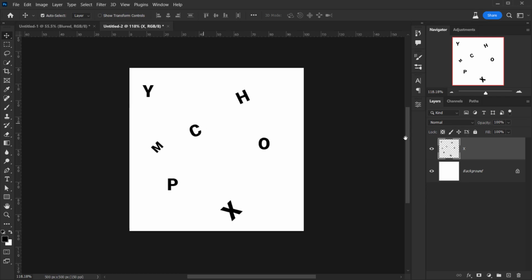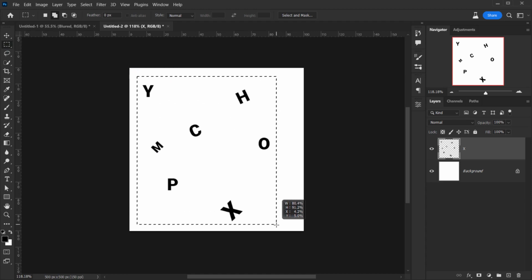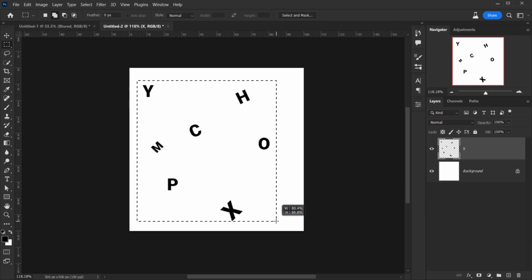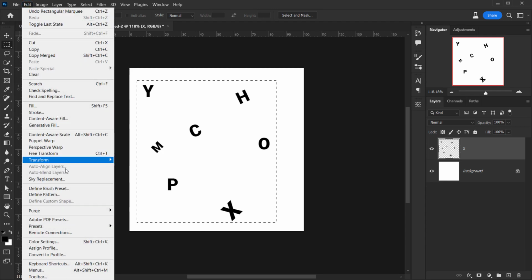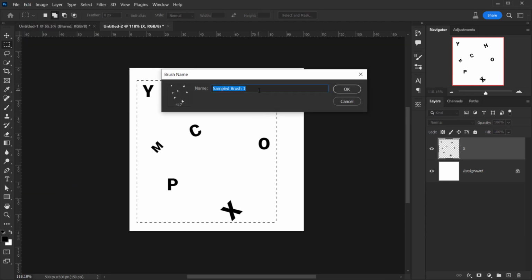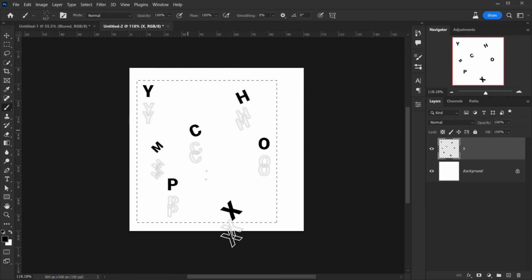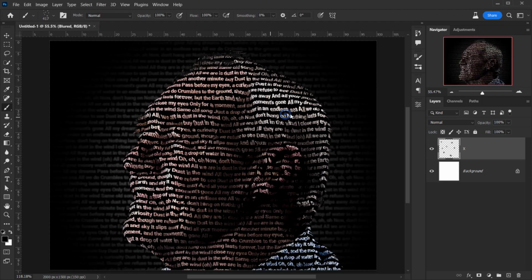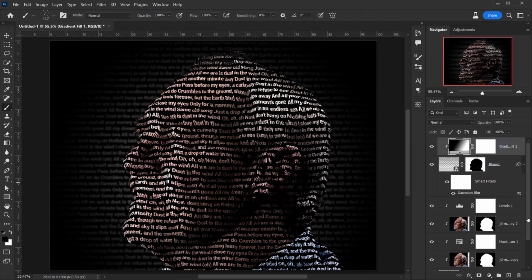them in one layer, and I will choose the marquee tool, and I will make a box where I'm having all the layers, something like this. Alright, and I will go to Edit, and I will choose Define Brush Preset to make a brush, and let's call this layers, and I will press OK, and now we have a brush. I'm just gonna close this and press no for not to save it, and now I'm gonna create a new